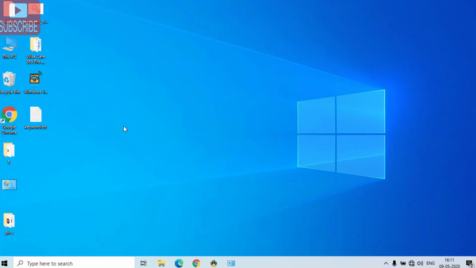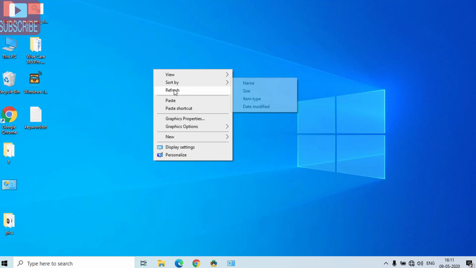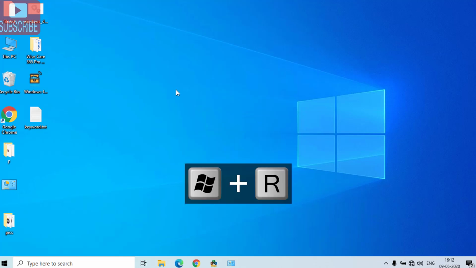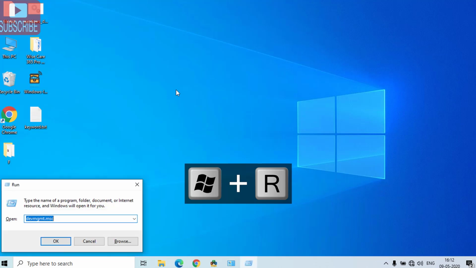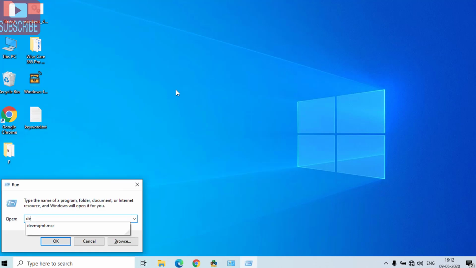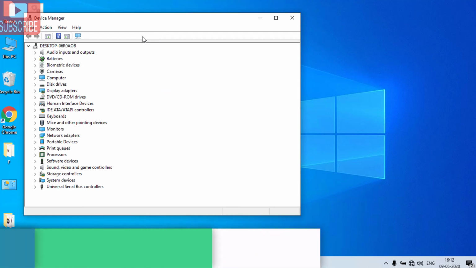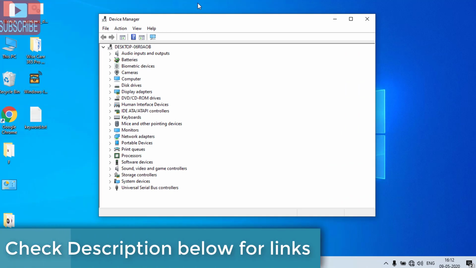If your problem is still not resolved, we are going to proceed with the fifth step. Simultaneously press Windows and R keys to open the run command, type here devmgmt.msc and hit the enter button. I'll provide these commands in the description below so that you can easily copy and paste them into the run command.